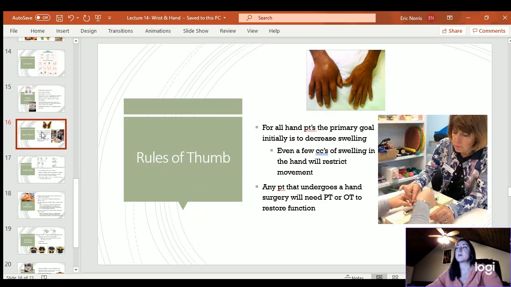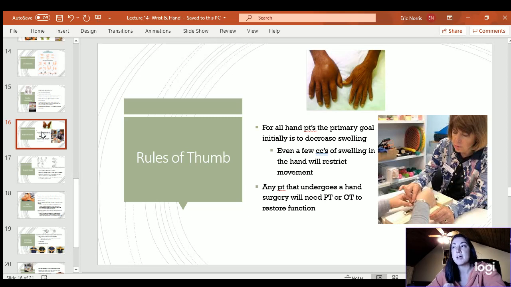All right, so generally I talked about how important it is to get swelling out of the hand. One of the primary focuses, and probably the main focus initially from almost all hand patients, will be to decrease swelling, because even a few cc's of swelling in the hand can restrict the movement. So the main thing is getting the swelling out. If they have swelling, they will have restricted movement. And then